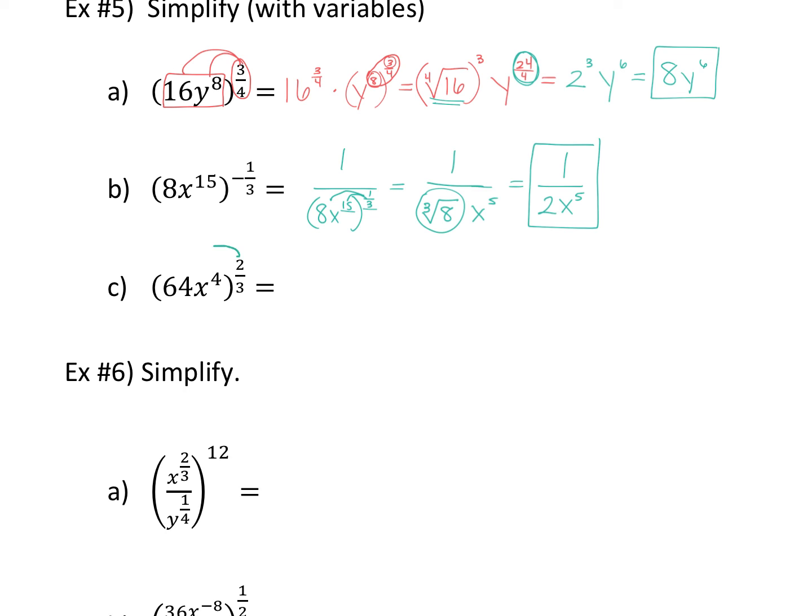64 to the 2/3 power and x to the 4th to the 2/3 power. So if you want to rewrite that, it would look like this. I'm fine if you do the multiplication right away. 4 times 2 is 8/3. Okay. So when we simplify that, we're saying